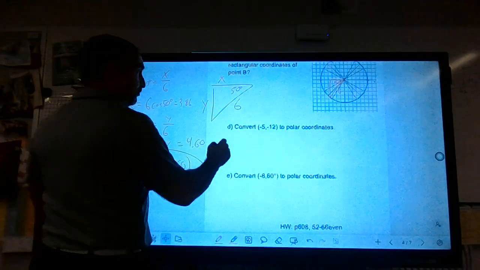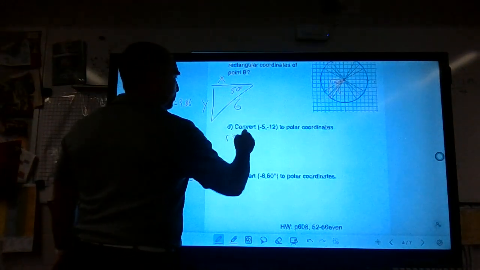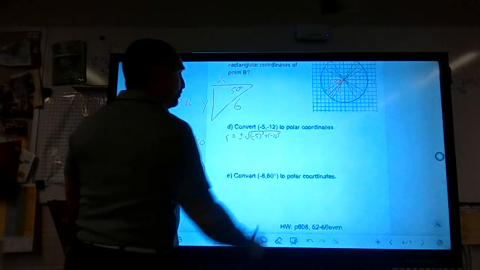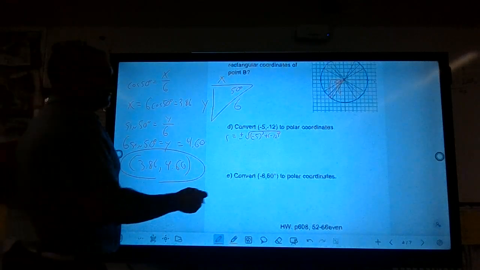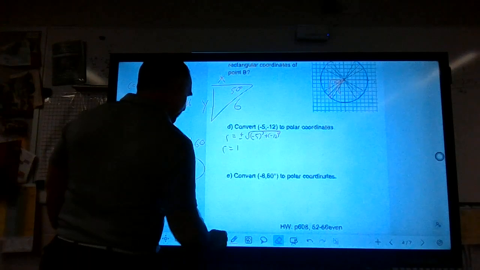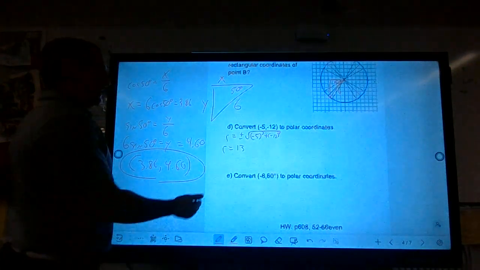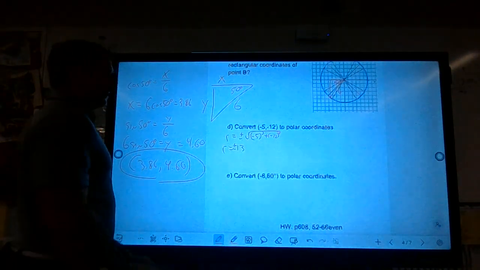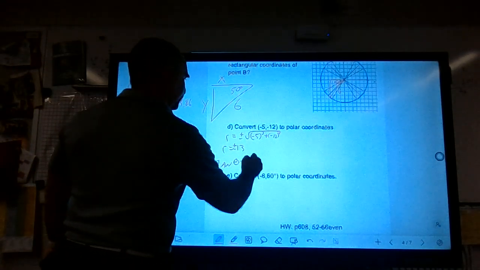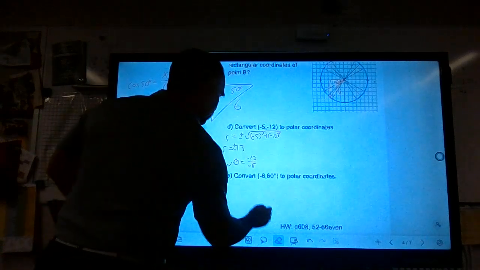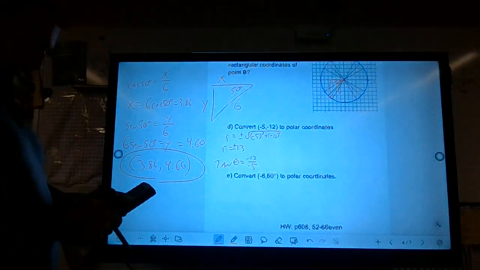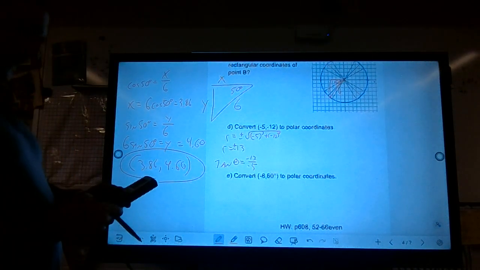Okay, we did one of these on the previous page. The radius is going to equal plus or minus the square root of -5 squared plus -12 squared. You may recognize 5 and 12 from the Pythagorean triple, 5, 12, 13. If not, just do the Pythagorean theorem and you'll get the square root of 169. Radius is plus or minus 13. Now I'm going to find the angle. The tangent of the angle is going to be -12 over -5. Inverse tan of -12 divided by -5, you're going to get